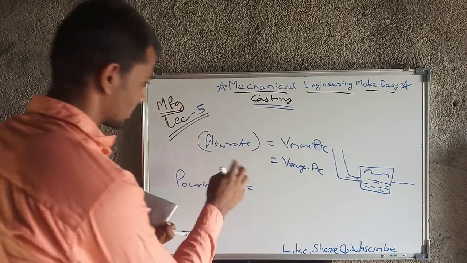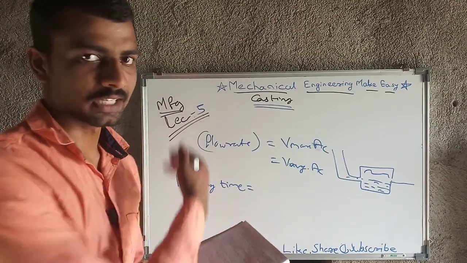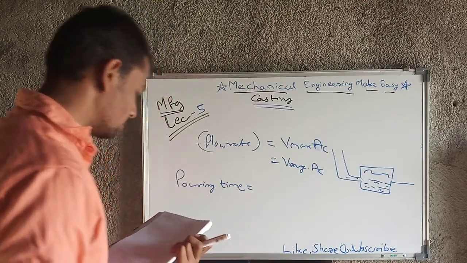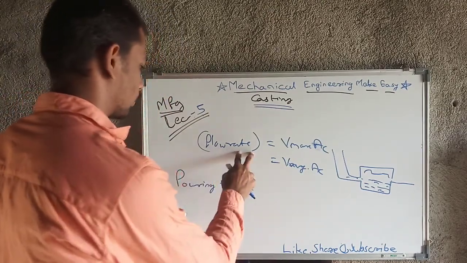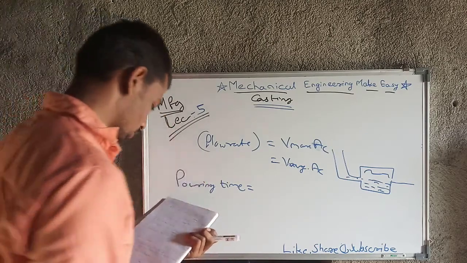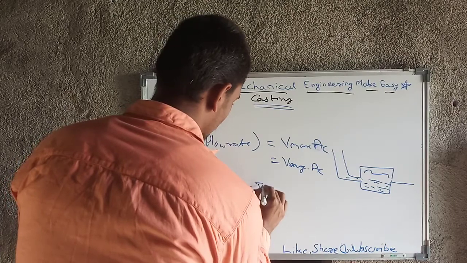Pouring time for the parting line gating system will be, and what was the pouring time formula? I have discussed it in the previous lecture. If you haven't watched that video, go to that video. I have discussed a number of terms like flow rates, and the basics of flow rates were also discussed in that. Okay, so what is that? Pouring time will be again